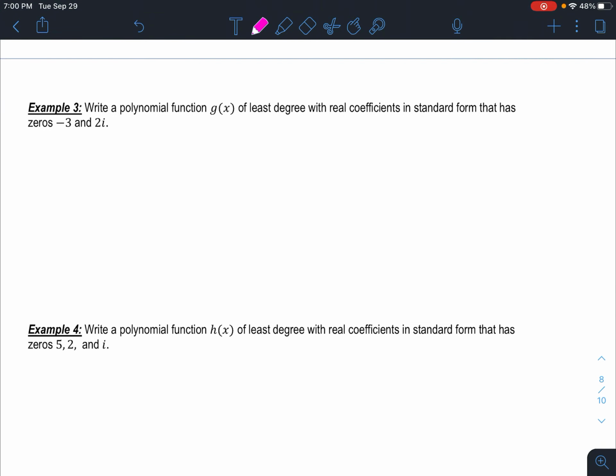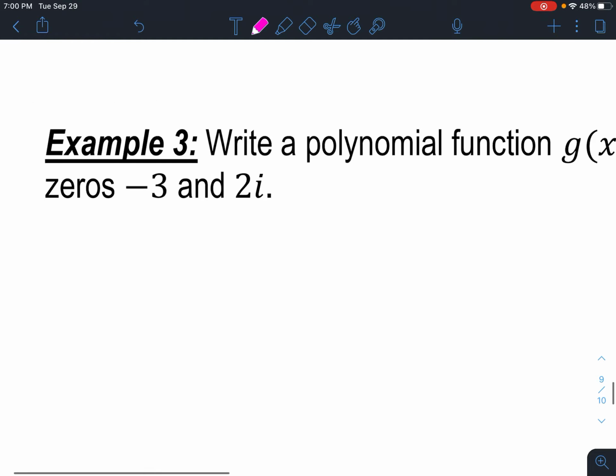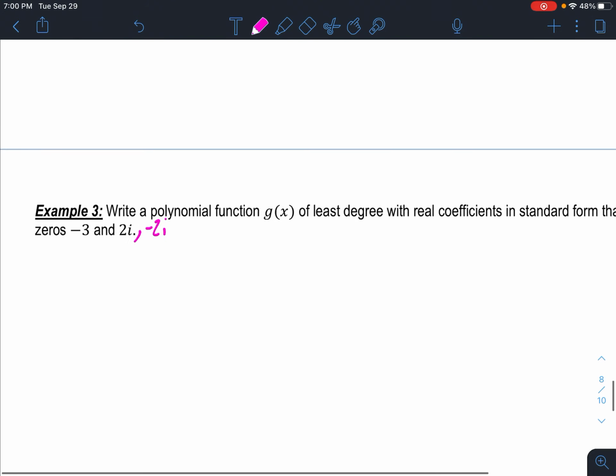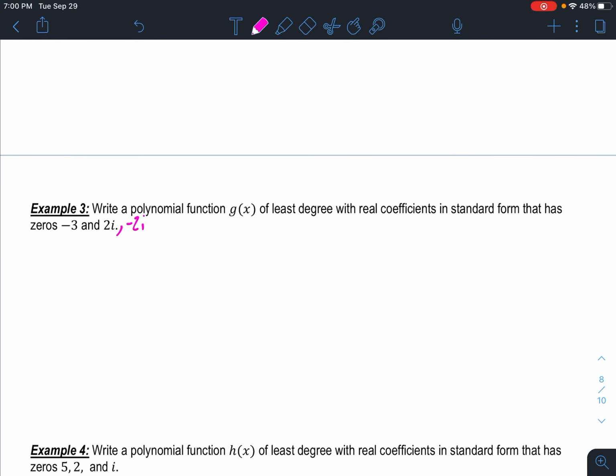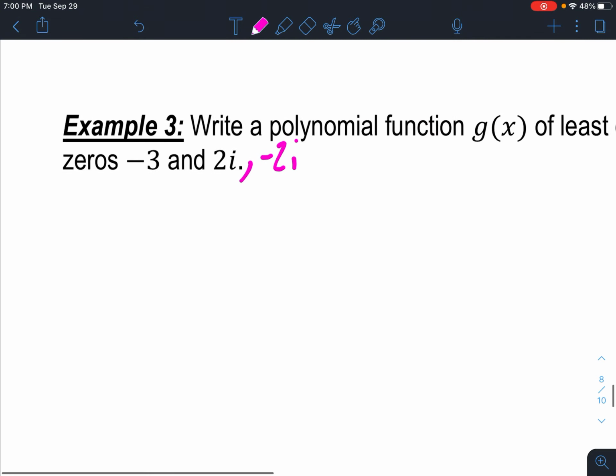So number 3 says, write a polynomial function of least degree with real coefficients in standard form that has those zeros given to you. But it actually gives us a 3rd zero. It actually would give us this 0 as well. So that means there's 3 zeros. Our final answer should be a cubic function. So let's start by writing it out